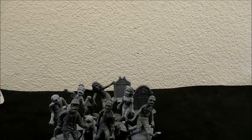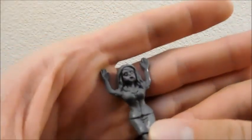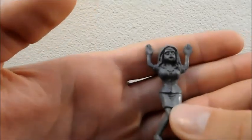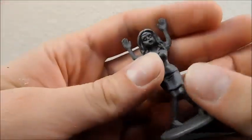Alright, now let me pull out the last one here. I'm gonna have to edit this, be right back. Alright, now last and certainly least is the hands up zombie. Hands up, don't shoot. Not sure why this zombie is doing that. Like, I've never seen a zombie beg for life before, so...